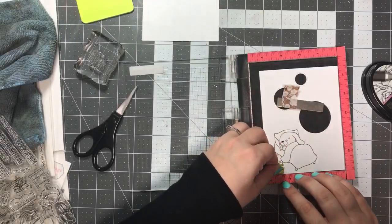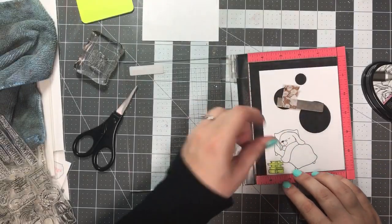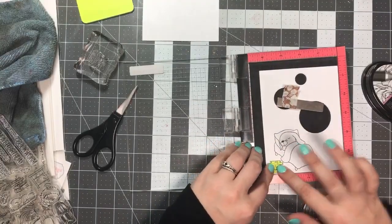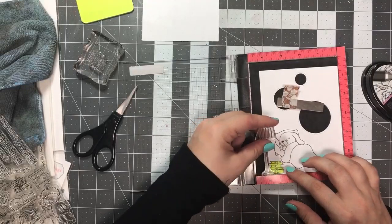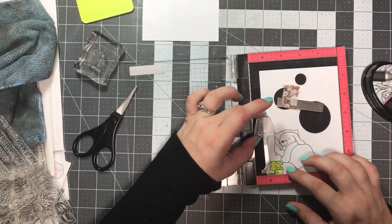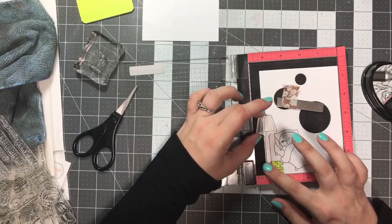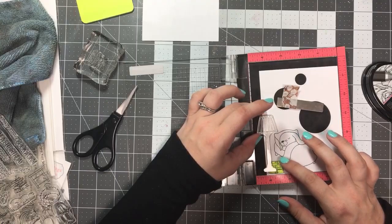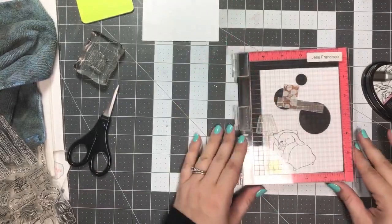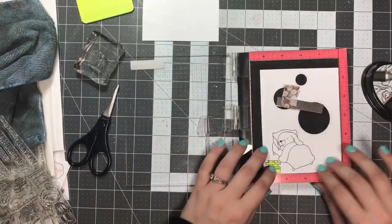Okay. There we go. You just want to make sure that you get it nice and lined up. And then I will line up our lamp as well. And this is kind of cool because this is going to give us a really cute scene. Maybe I'll put it a little bit over the bed. This is going to build us a little scene and set that whole nighttime vibe going,